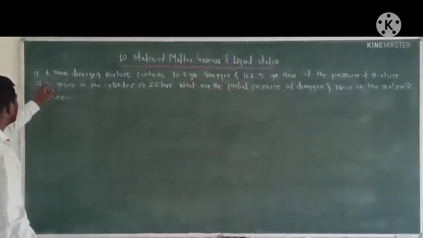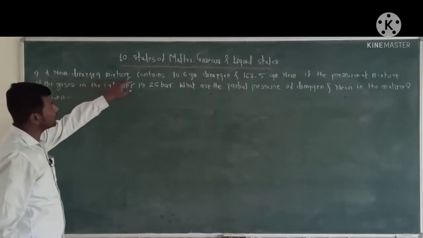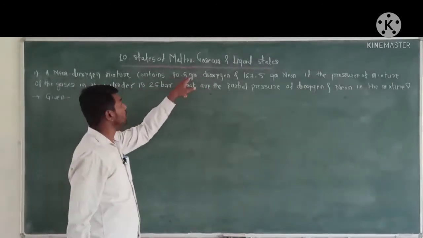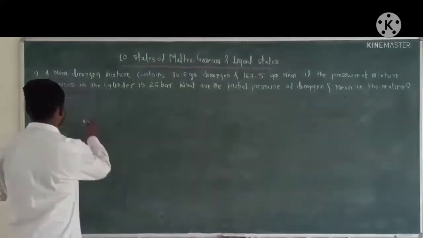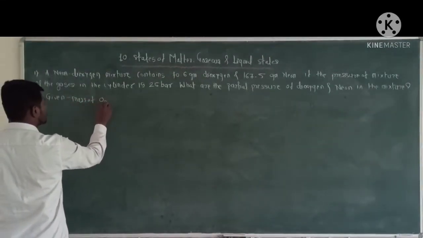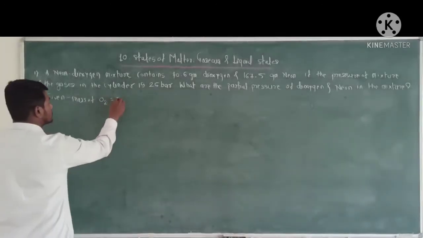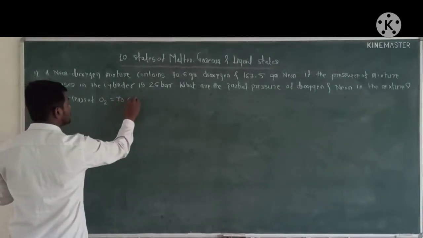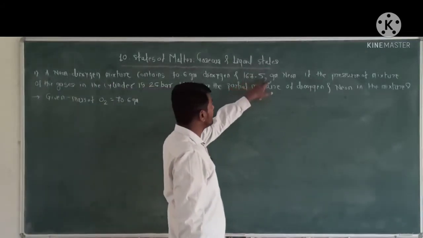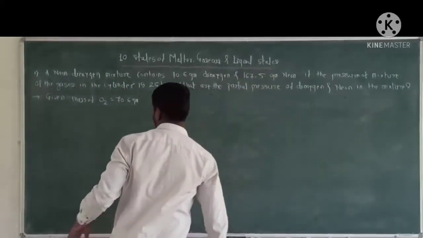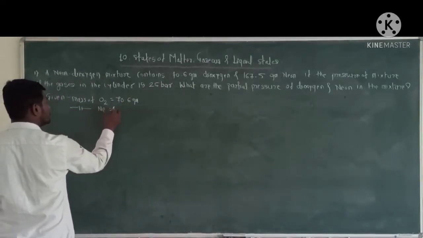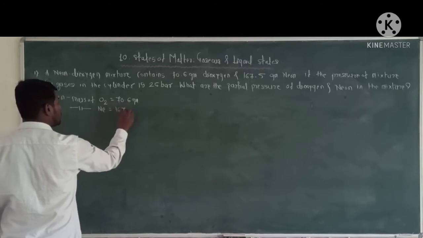Okay, a neon-dioxygen mixture contains 70.6 gram dioxygen, that is, mass of dioxygen is 70.6 gram, and 167.5 gram neon, that is, mass of neon is 167.5